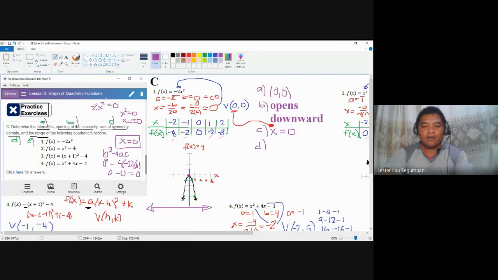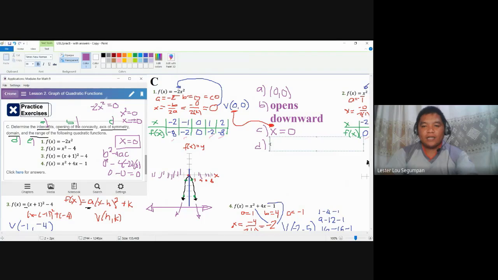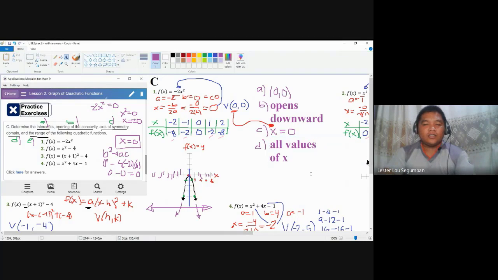As you can see, the graph has an arrowhead. It extends here. It further extends here. As you enlarge, zoom out the values here, it will just keep on increasing, but it will be having equivalent values for x here and also x here. So the domain here are actually all values of x. Or others could also say set of real numbers, all real numbers x, so if you say x is a real number, it will still be okay.